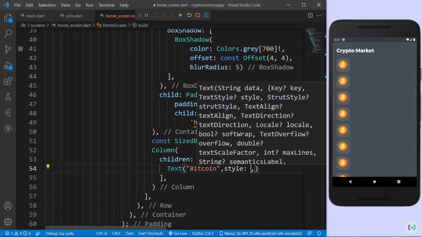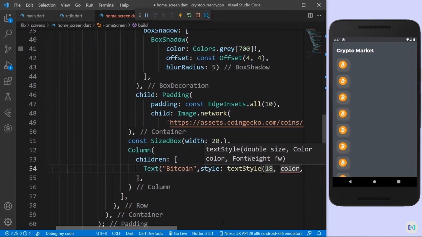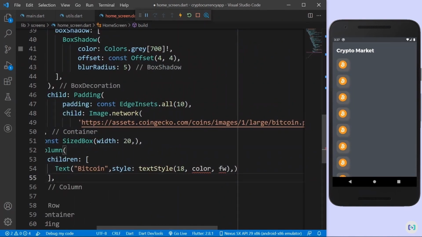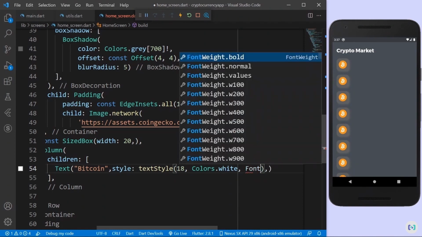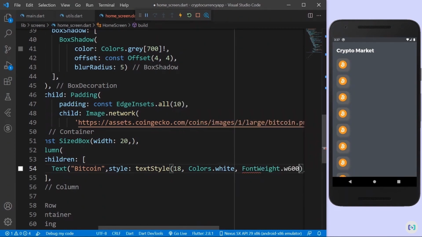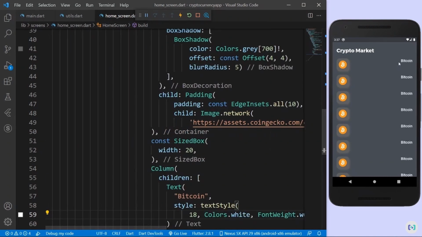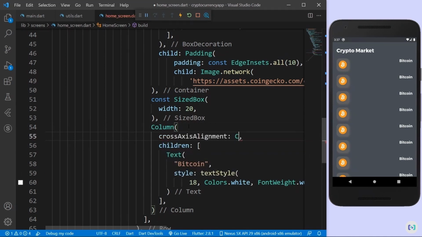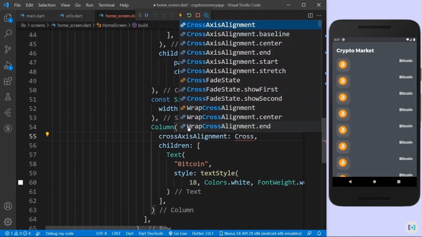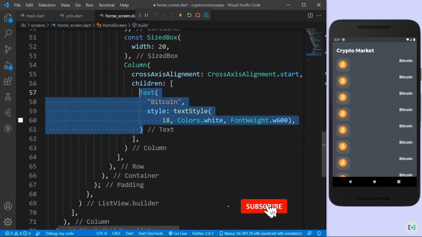So the style is going to be a text style function again. I'll say 18 pixels of size, and the color I will just use a white color because we're on a gray background color, right? Let's say Colors.white, and the font weight could be FontWeight.w600. Perfect. Let me just save everything, and we should have this Bitcoin. There you go. And let's also align the whole column. So I'll say crossAxisAlignment is CrossAxisAlignment.start, and after this text, so beneath this text